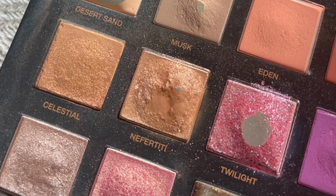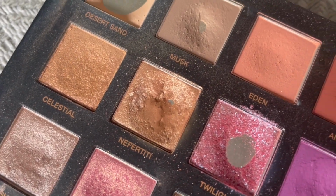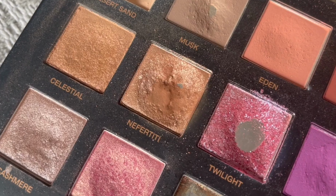And I have hit pan in Nerfertiti, which was my first goal. I'm wanting to empty Twilight, but these two I was wanting to hit pan in. So I have hit the first goal for this palette, which means Nerfertiti will be rolling out. I used it 12 times this last month, and that put me at a total of 35 uses within the project. I did hit pan on it on use 33,